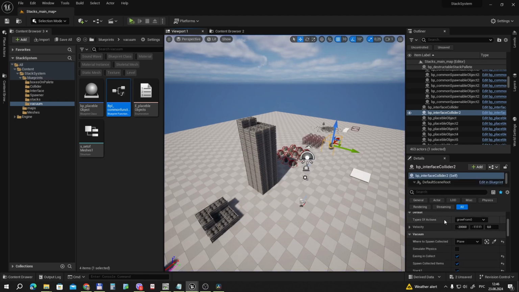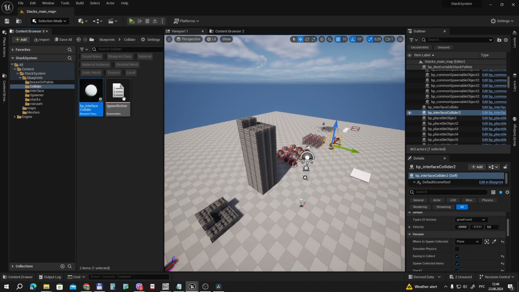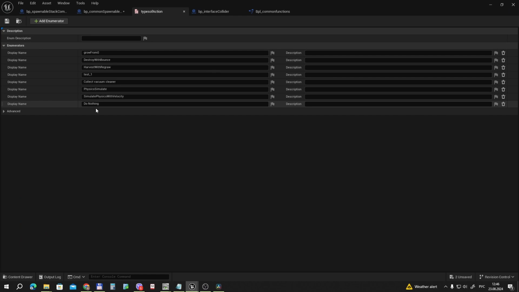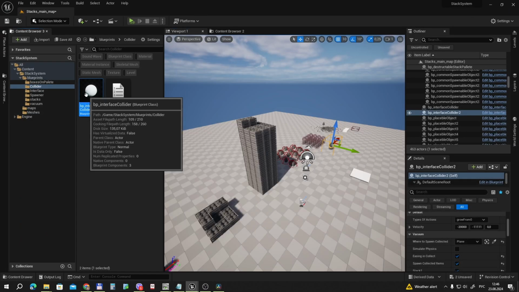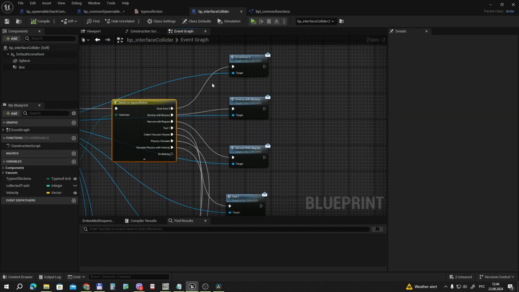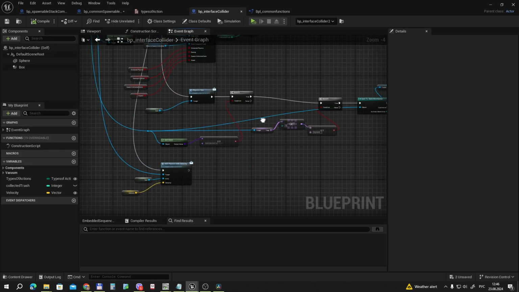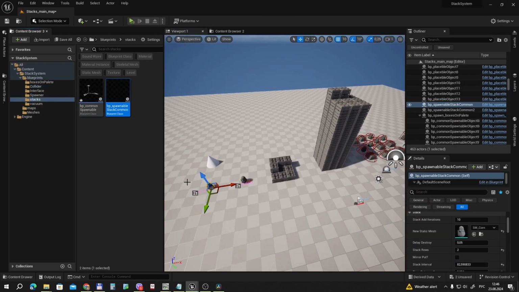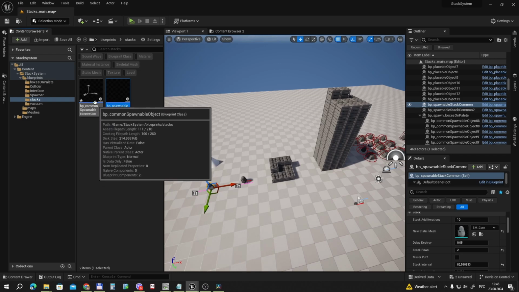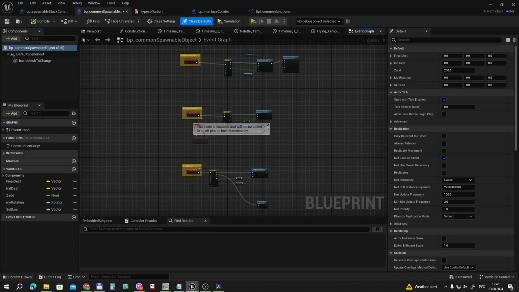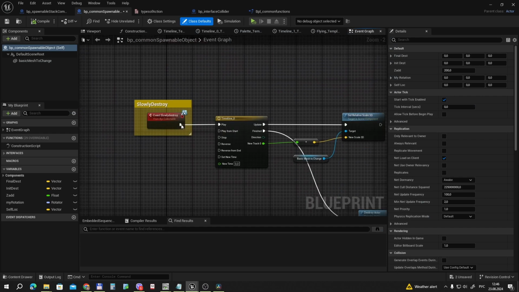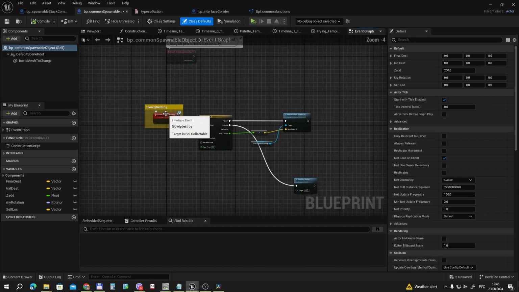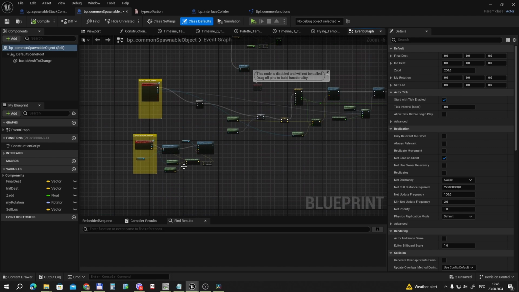For example, you can go to our blueprint, find types of action, and add any actions you want. Then you can go to your blueprint face collider and populate these meshes with the events. One good feature is that all our spawnable objects are in one file, so you can easily call any custom events here